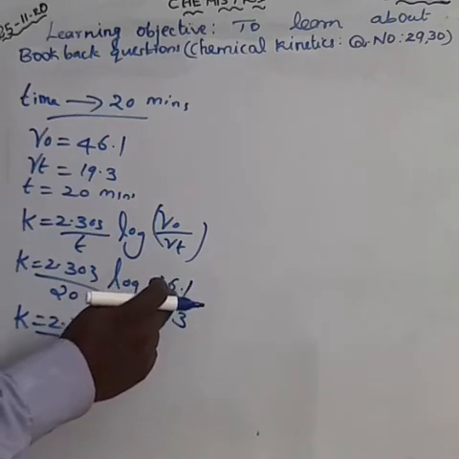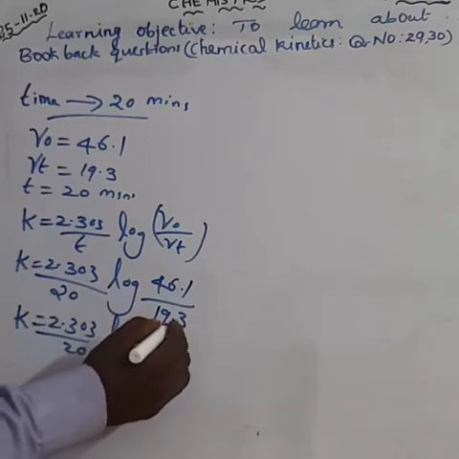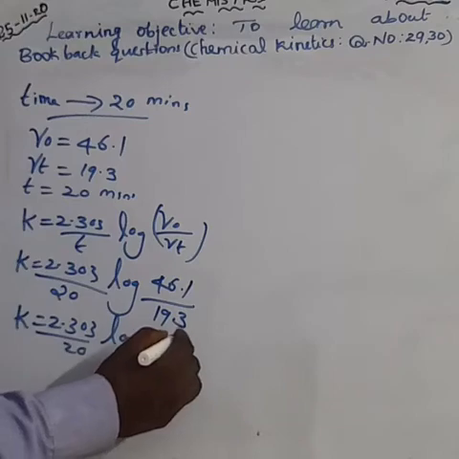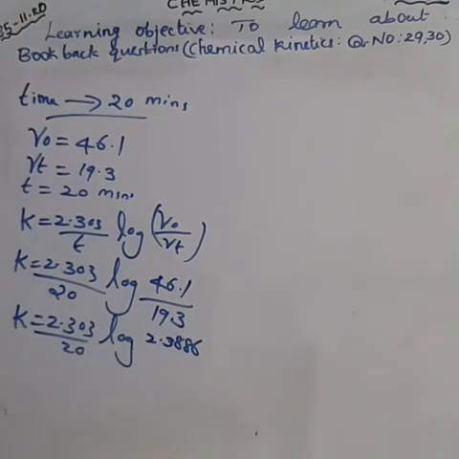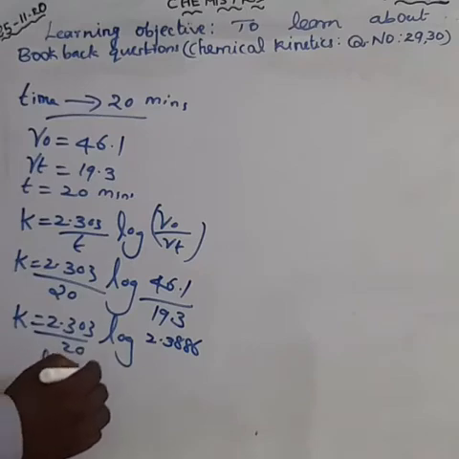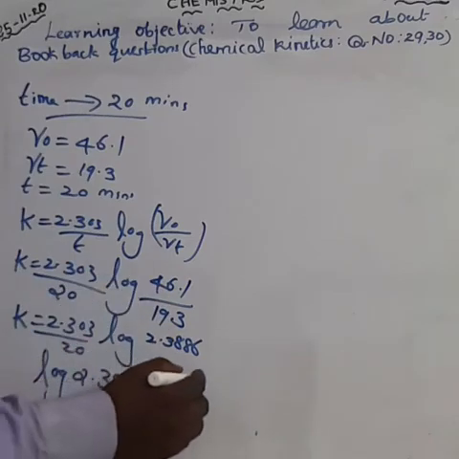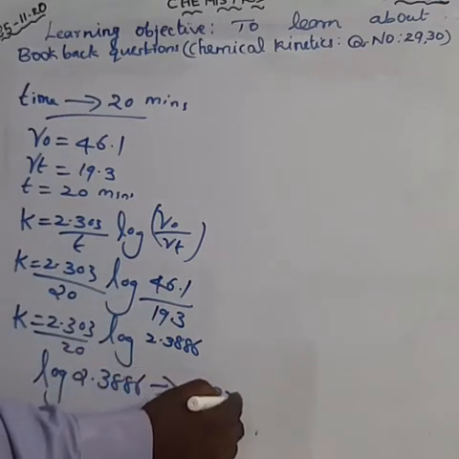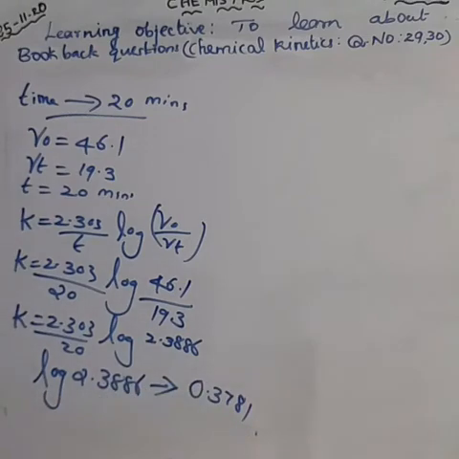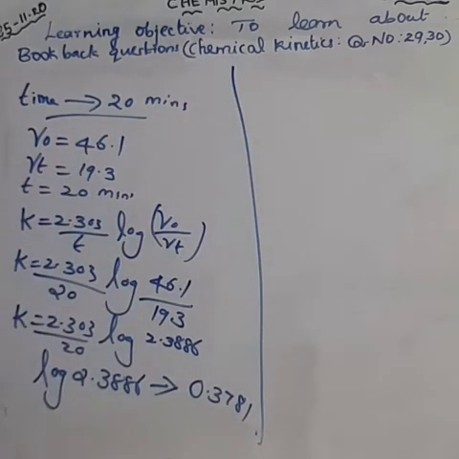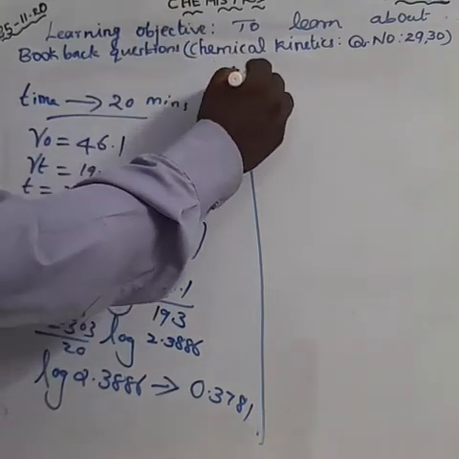When we divide 46.1 by 90.3, we get the value log 2.3886. Log 2.3886. So what's the value? 0.3781. 0.3781. So we can substitute here. So K is equal to